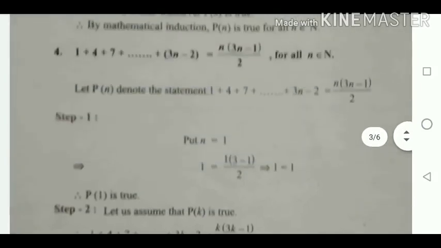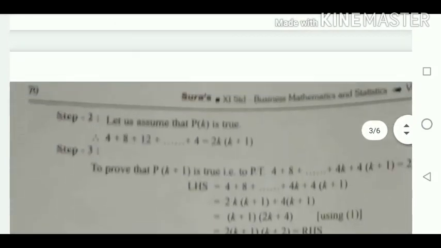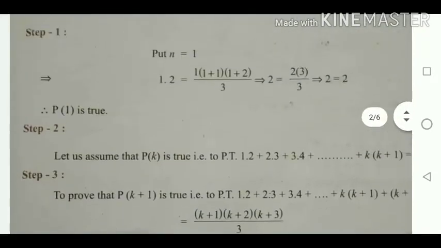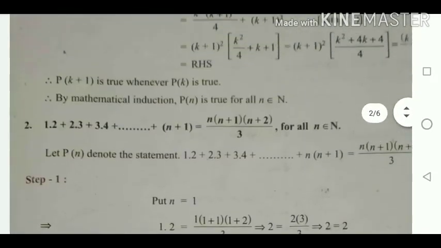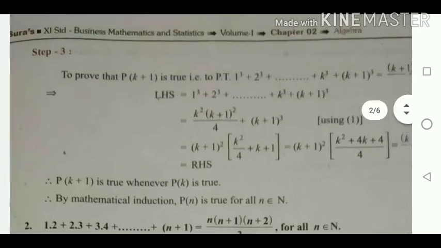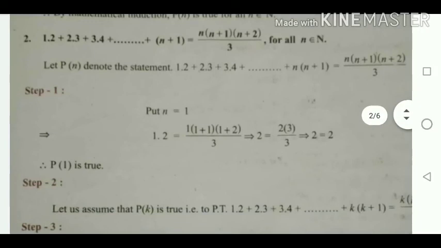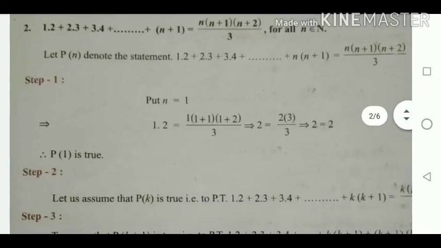These are important sums, asked in the public exam also. So you have to revise them thoroughly in order to score more marks in your public as well as in your monthly exams. So do the assignment, whatever is given as assignment, you must do it in your assignment note and submit it in correct time without fail in order to score more marks in your assignment as well as monthly test. Thank you, students.